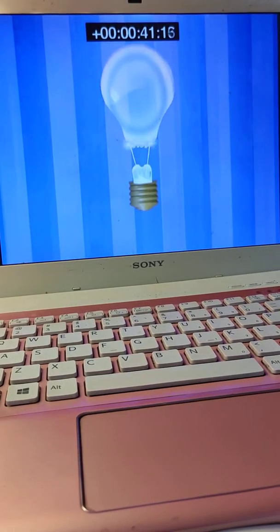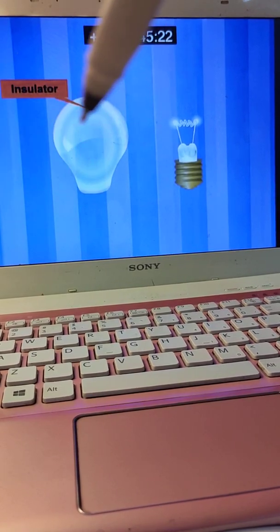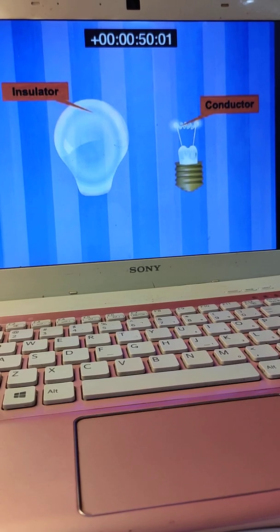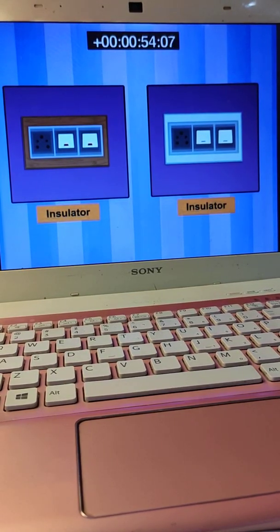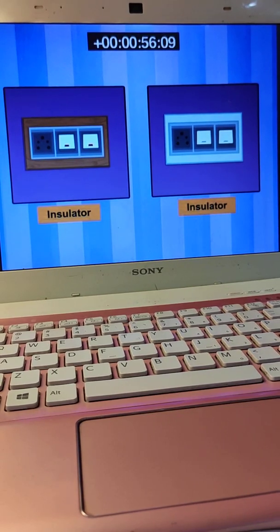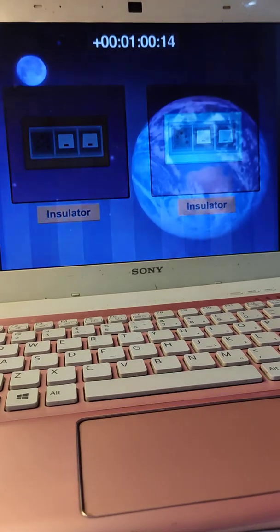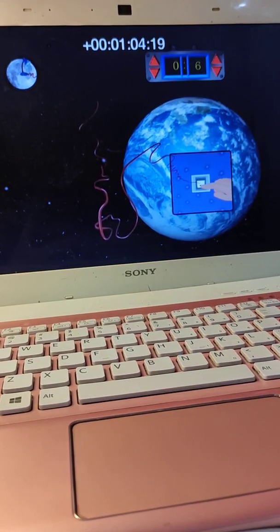The glass of a light bulb is an insulator. The wires inside the glass light bulb are conductors of electricity. The surface, wooden, glass or plastic, where your switch is fixed and where the light bulb is inserted, are insulators. If you had a lamp on the moon connected to a switch in your house, it would take